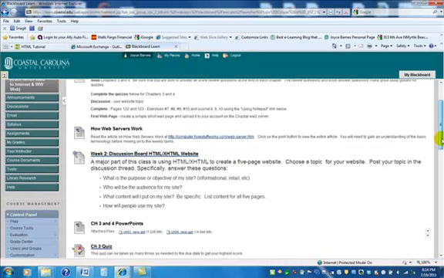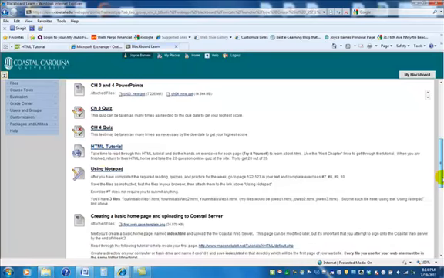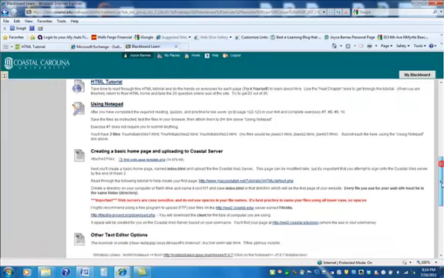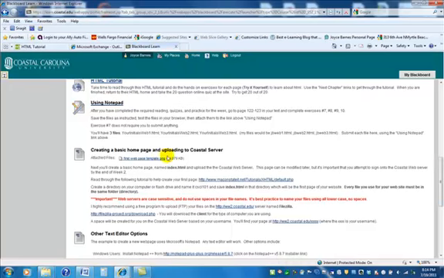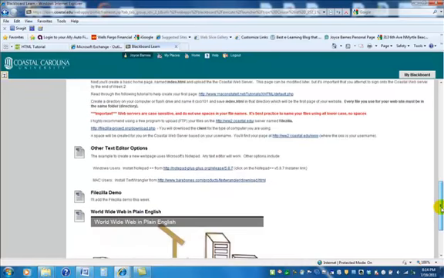But chapter 4 is all about HTML and what it is. Using Notepad, that's some exercises that you'll do from chapter 4. And then creating a basic home page and uploading it to the Coastal server. I'm going to kind of go through that right now. So first of all, what is HTML? Chapter 4 gives you some good background information, and it gives you a lot of details about HTML, but you